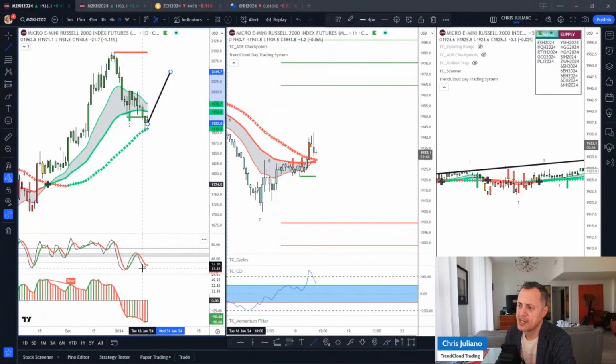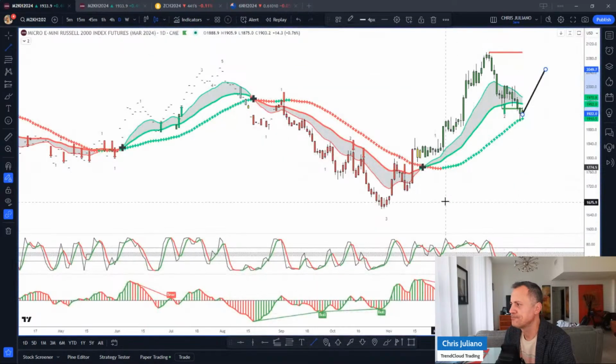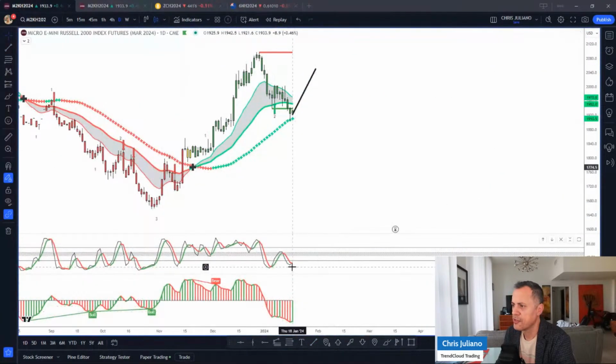What's going on with the cycle indicator? That little black line there, that %K, let me blow this up. The %K, that's the black line, is starting to hook up. Momentum is already with us, right? So this thing has come down. I just want you guys to understand the movement here, right? This has come down,